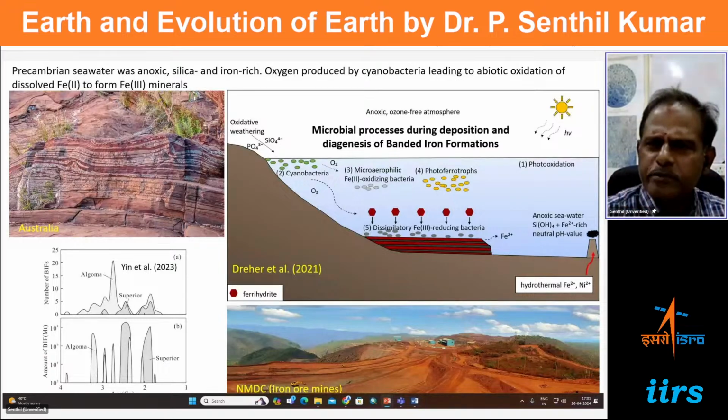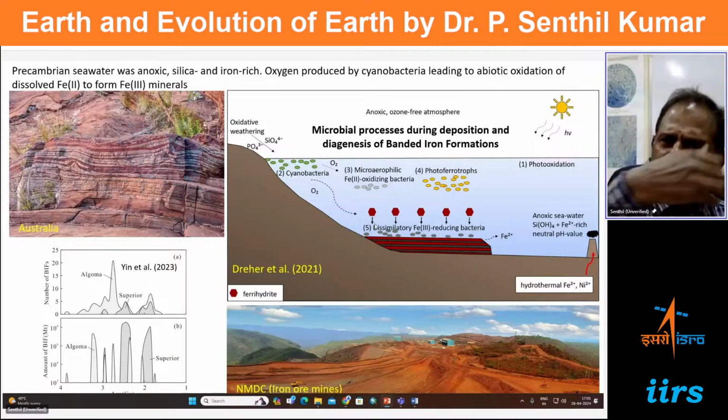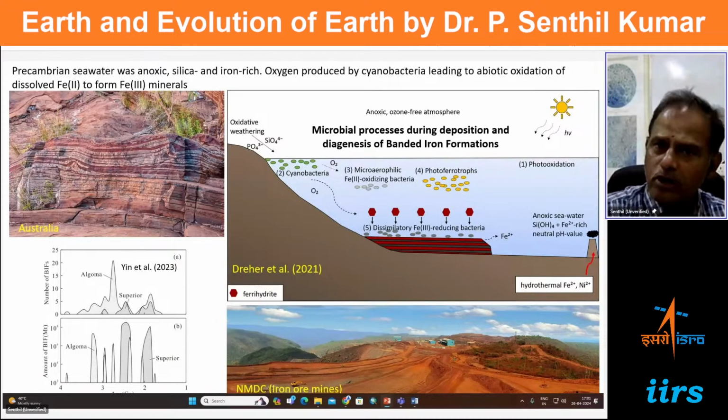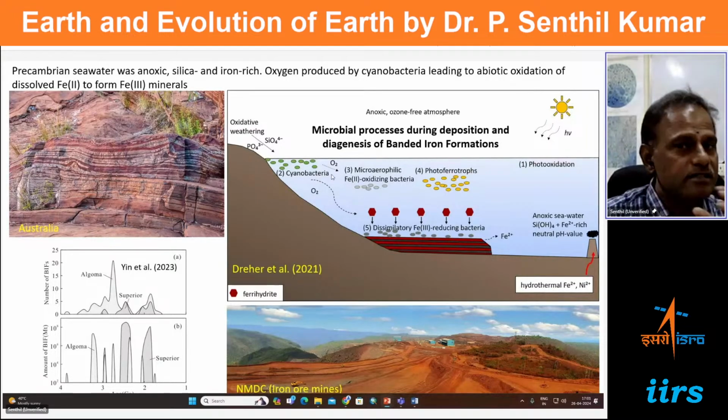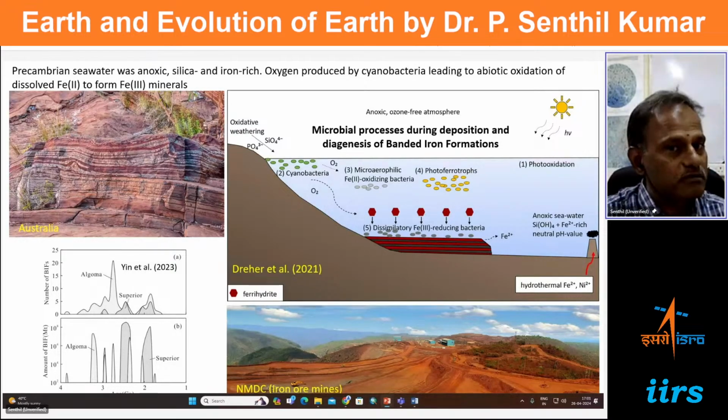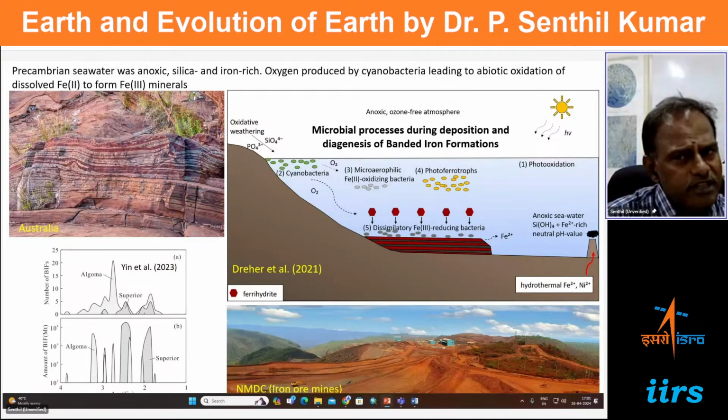At around the same time, the ocean was also there. Iron was also there in the crust. The iron was leached out by the weathering process. When water flowed, the iron was removed from the rocks. They went to the ocean. In the ocean, cyanobacteria were there. They produced a small amount of oxygen. When this little amount of oxygen was there, it reacted with the iron and produced deposits called banded iron